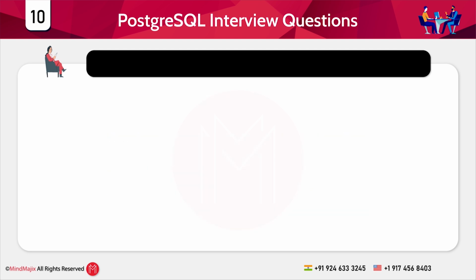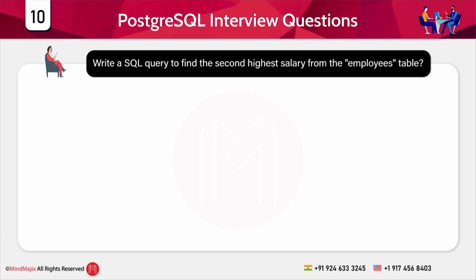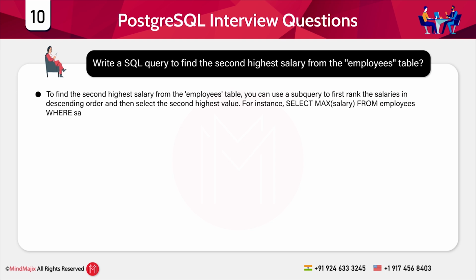The next question is, write an SQL query to find the second highest salary from the employees table. So guys, this is another very popular and most frequently asked question in actual interviews. Over here, if we have to find the second highest salary from an employees table, it is obvious that you have to use the order by clause. And what is the use of order by clause? We have to first sort the salaries in descending order. Once we do that, we have to use the limit clause as well to restrict the number of rows that can be returned. And once you do that, you have to highlight the use of subquery to find the